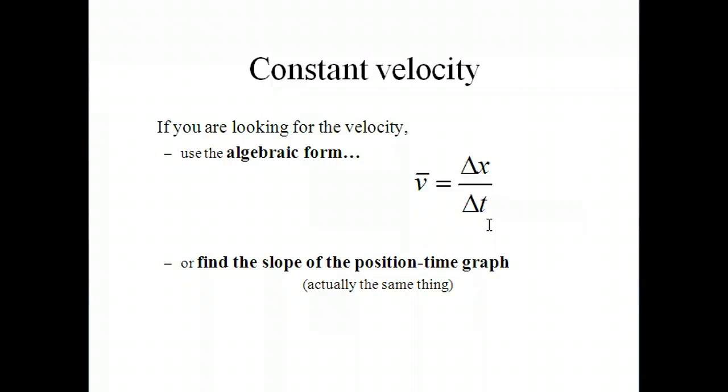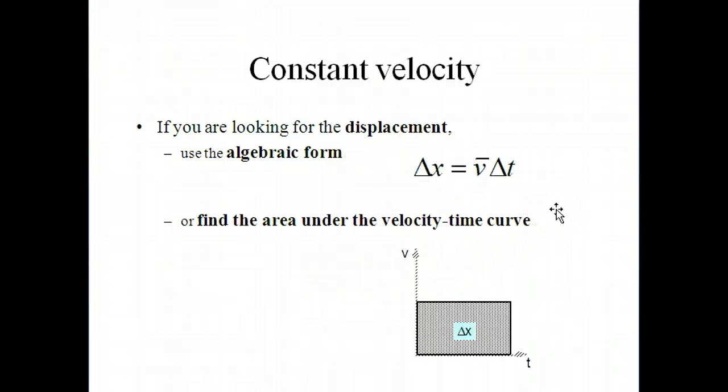Constant velocity. We can use the algebraic approach for average velocity, which is displacement over time, or we can find the slope of the position-time graph, which is actually using this equation, which shows you rise over run. If we have displacement for constant velocity, we solve the previous equation for displacement. It equals the average velocity times the time. If you think about it, this is the same equation that would figure out the area of this rectangle. So if we take the height times the base,